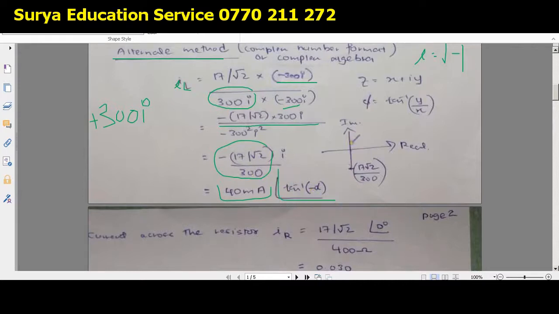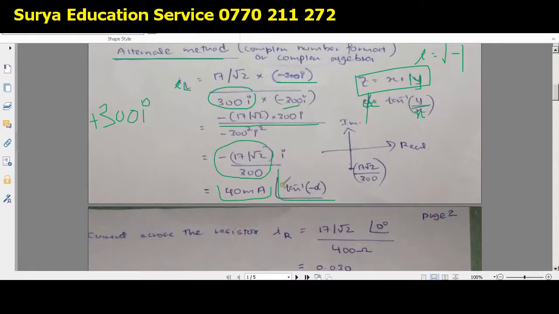The way of finding the angle is also simple basics. Just consider this complex number z equals x plus iy. So what is the angle? Tan inverse y divided by x. I mean, tan inverse of the component of I, the term staying with the I component, divided by the real number component, because in this x plus iy, x is the real value and y is the imaginary value. This I is the imaginary component, that I coefficient. So the angle would be tan inverse y divided by x. So that is the case.